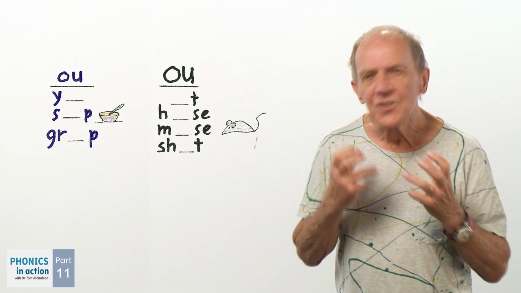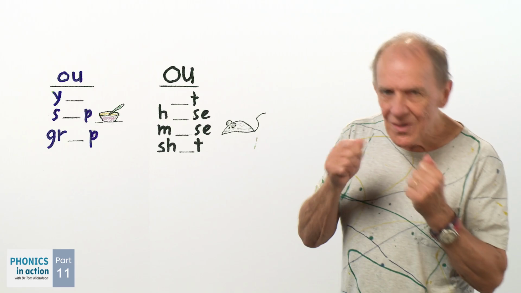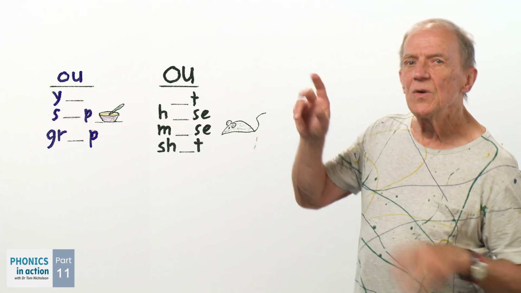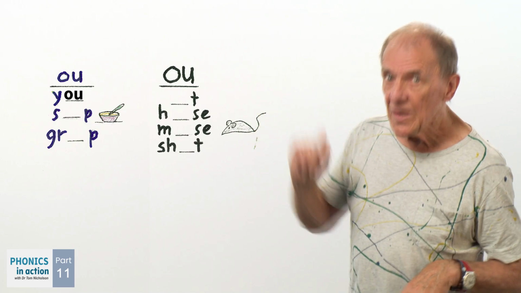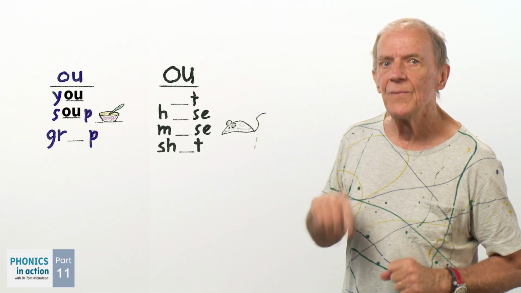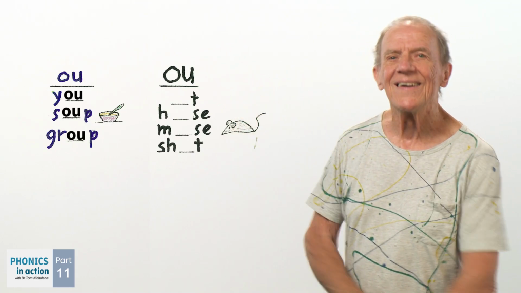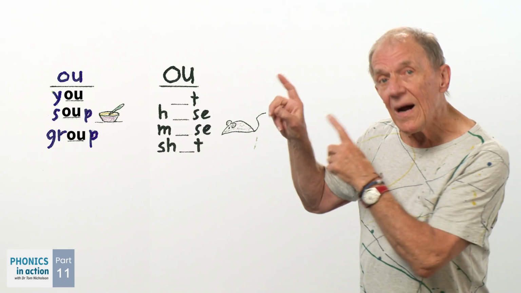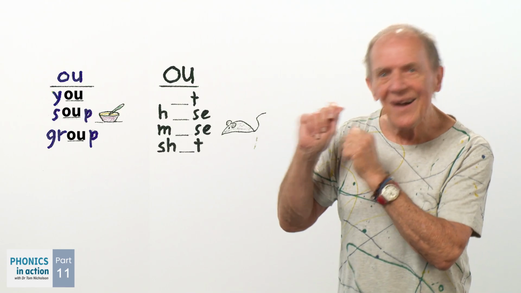I mean, the word soup has oo in the middle. S-oop. Okay, I'll read the words. You, soup, group. Group. Now, the second column, the picture of the mouse is a clue to the ow sound of